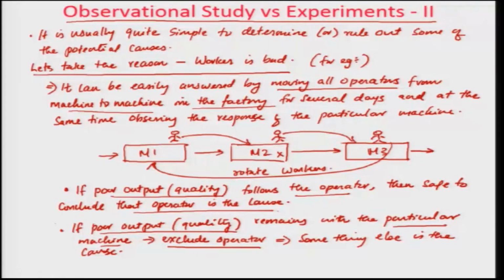So, what you did here, in a systematic fashion, is an experiment. When we say the phrase experiment, we mean what we just did here, switching the operator from one to another and observing the quality of the machine. From the output of this experiment, one conclusion you can make is that if the poor quality output remains with this particular machine, then the operator is not the cause. You cannot make this conclusion from an observational study. You have to conduct this experiment and observe to identify the cause and effect of the system, right.